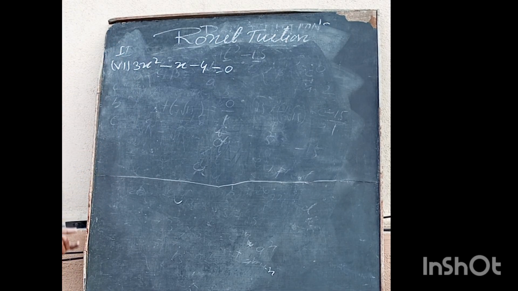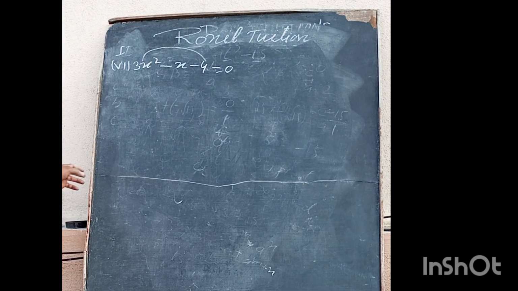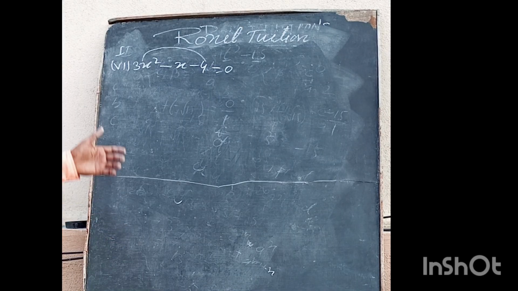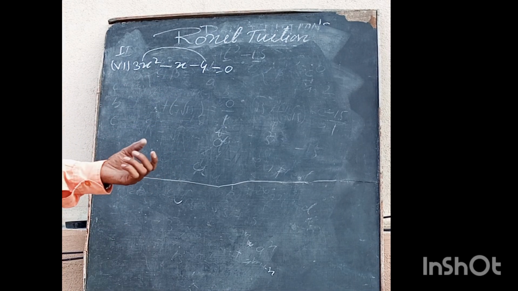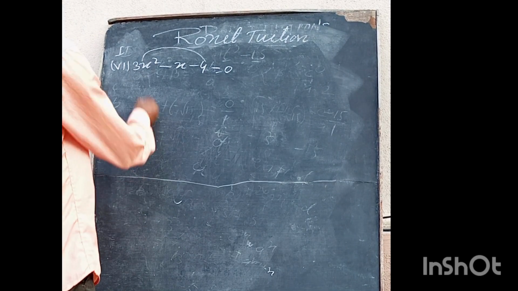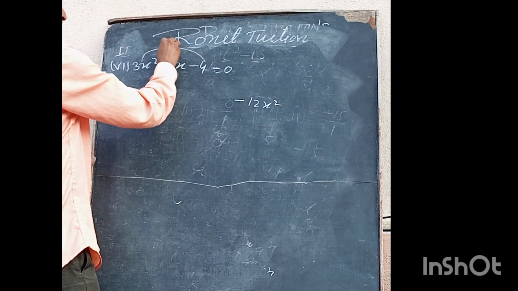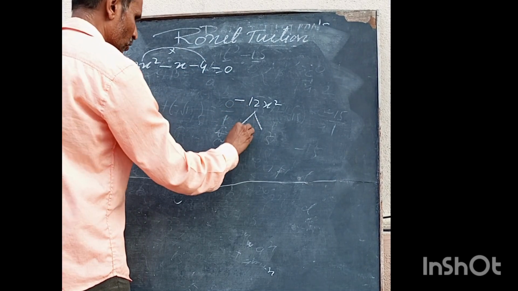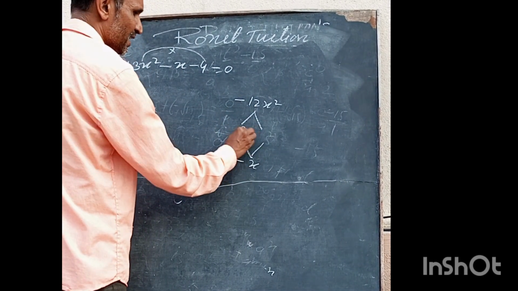Now first of all we have to find the zeros of that one. So zeros by the factorization method. In the next video, on the quadratic equation, that time we will find the zeros or the roots by the formula method. 3 twos are 12, minus 12 x square plus into minus, breaking into two parts. The middle term is minus x, means 1 only. Variable x is there, x written.